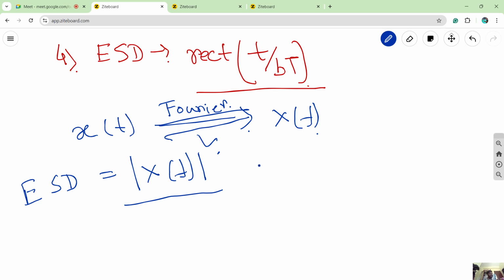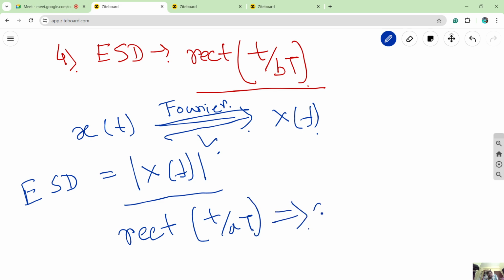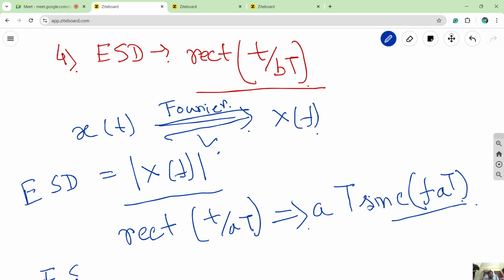So the Fourier transformation of the rect signal, we already discussed in the previous class, is T by AT. Then from duality we find that it is actually AT sinc FAT. And so from this we can write the ESD, which is just the square of this signal. So it will be,